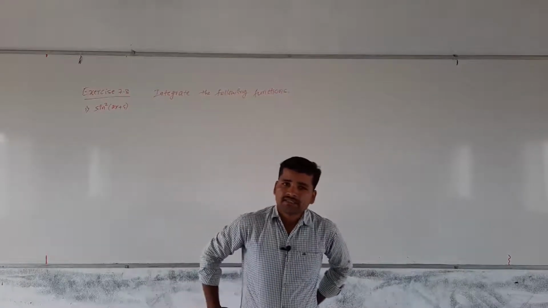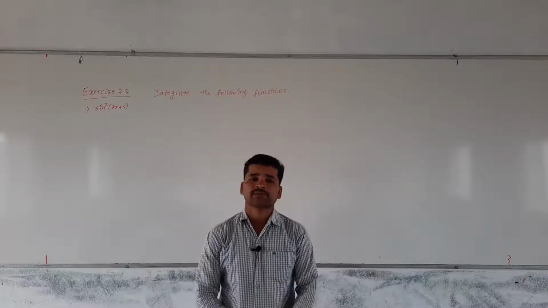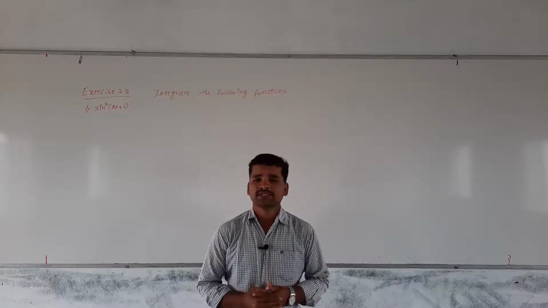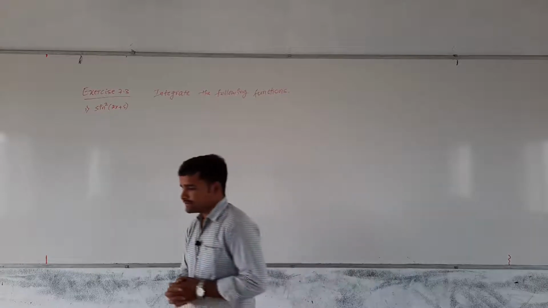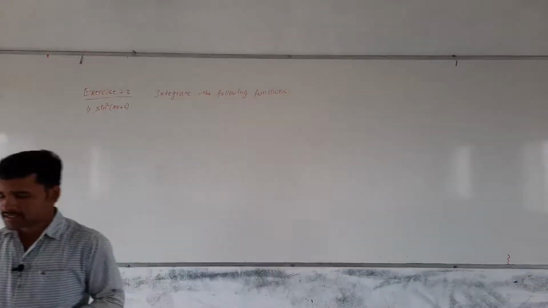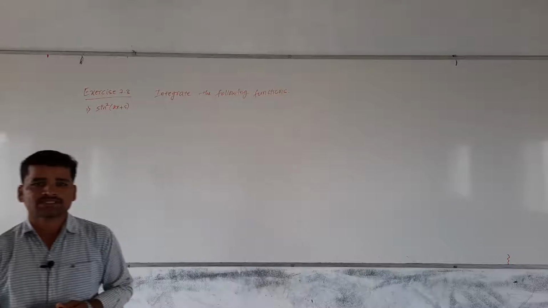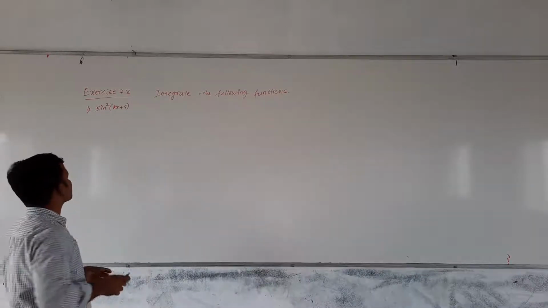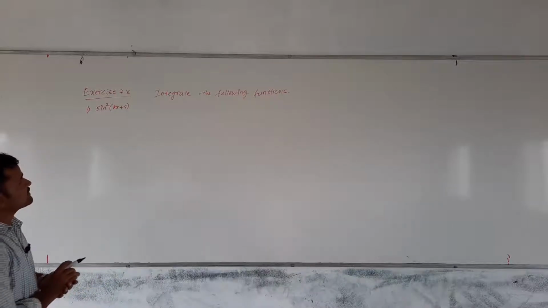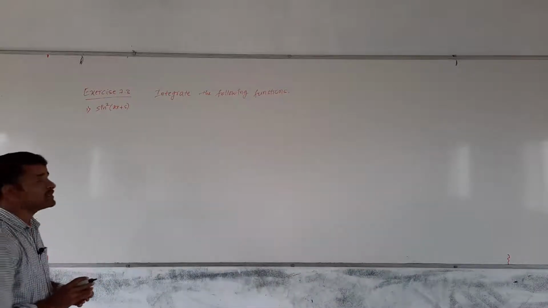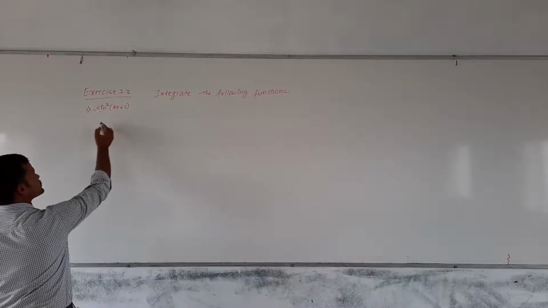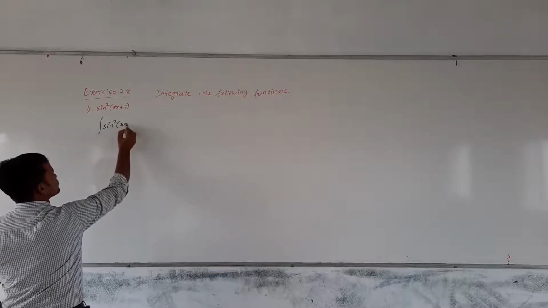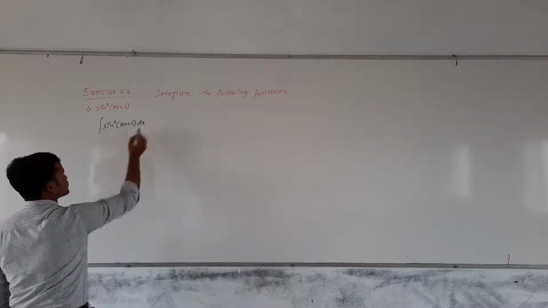In the last class, we have solved some of the properties on integral of functions using trigonometric identities. Now, we will go to the exercise on that. Exercise 7.3 we are going to solve now. In that, the first problem I have written here: integrate the following functions. First problem, integration of sin square of 2x plus 5 with respect to